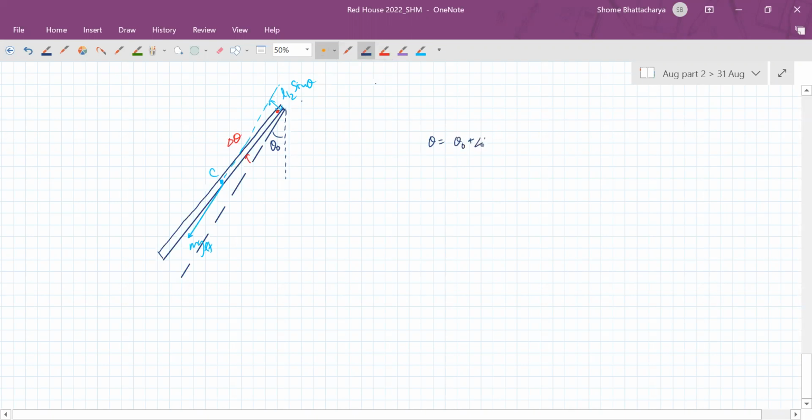Theta naught plus delta theta. So we get